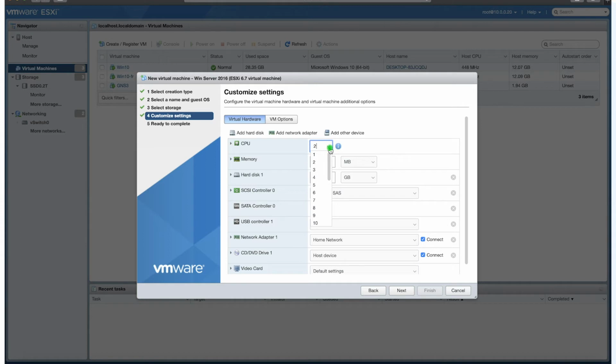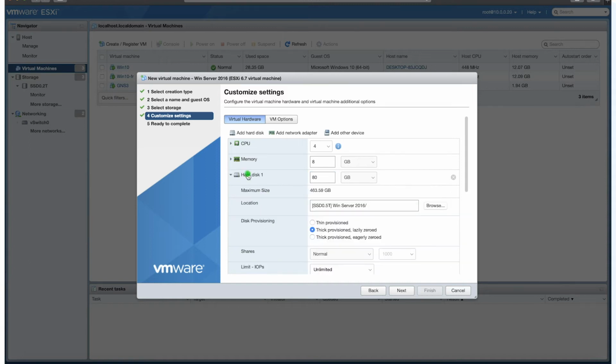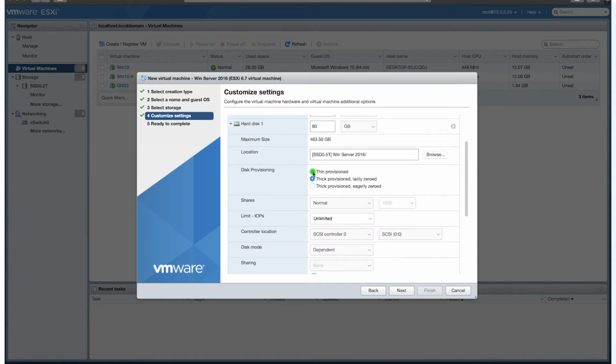For the CPU, I'll give it 4 CPUs, and for the memory, we won't do a lot with this, so 8 gig will be fine. For the hard drive, I'll give it, let's say, 80 gigs. That's going to be okay. And also make sure that you're selecting thin provisioning for the hard drive so that you won't take a lot of space. And I'll click on